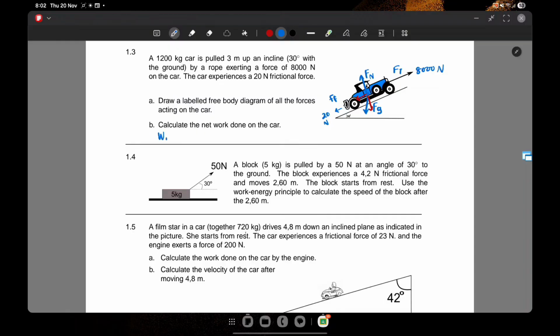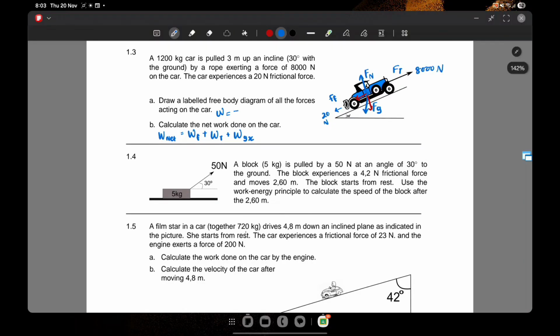So the net work is the sum of the work done by friction, work done by tension, and work done by gravity. Well, the horizontal component. The vertical component is perpendicular, and as you know, perpendicular doesn't do any work. So now the formula from our data booklet is W equals force times distance times cos theta. Or,